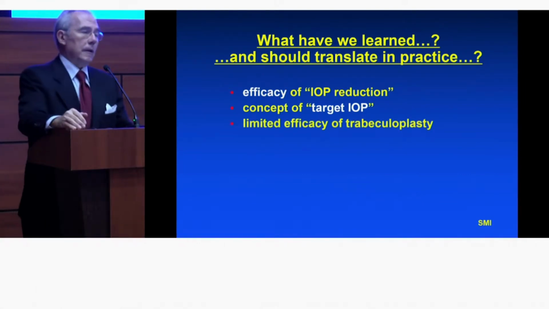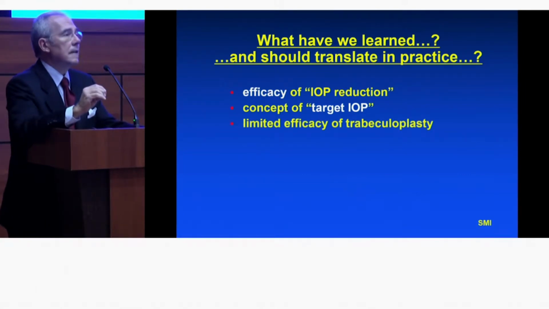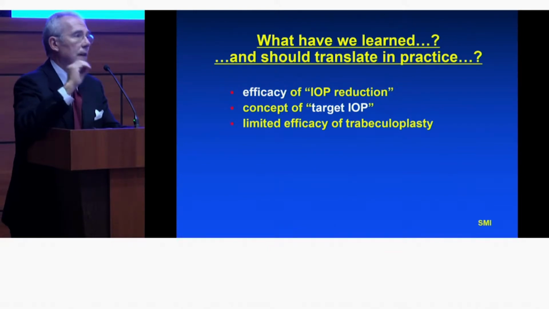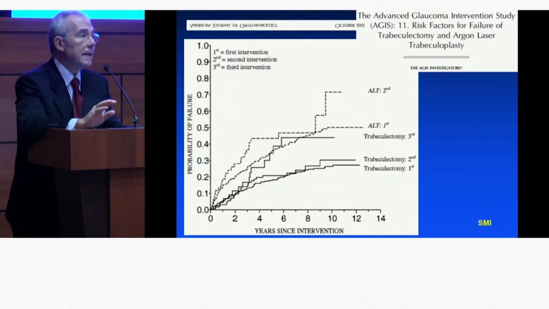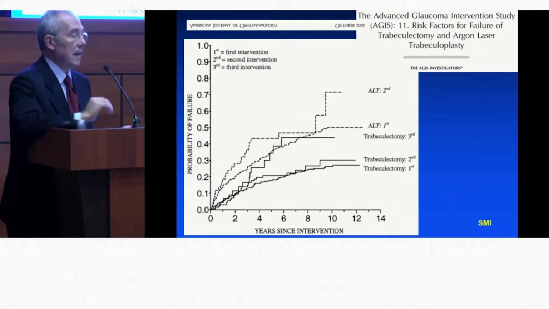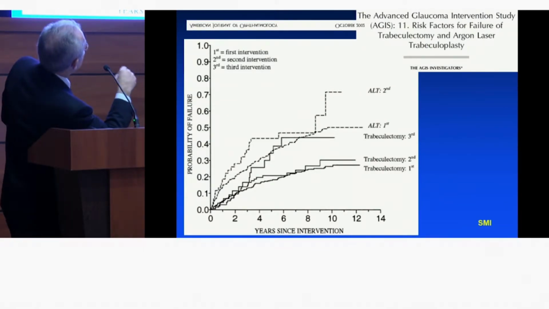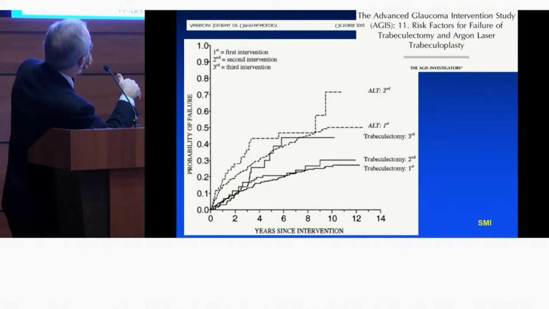What else have we learned? We have learned that trabeculoplasty, whether it is ALT or SLT, has a limited efficacy. That doesn't mean that it doesn't work, but simply that we cannot expect that much. I wanted to summarize the results on the trabeculoplasty, showing you the graph from the AGIS, where you can see